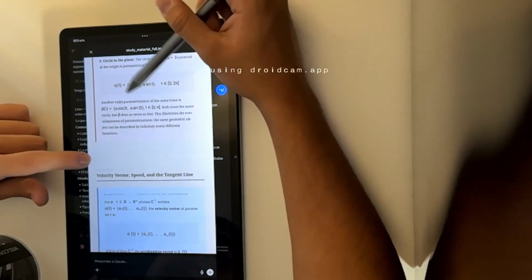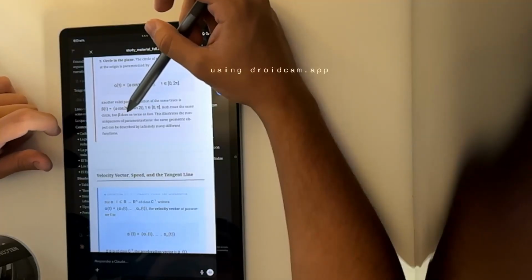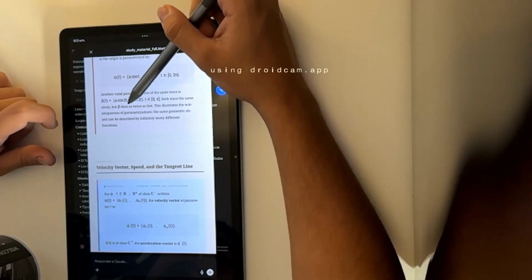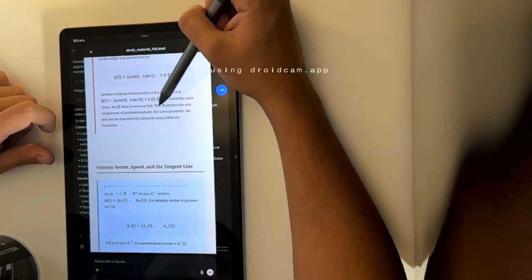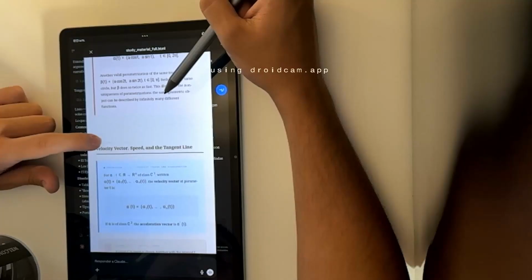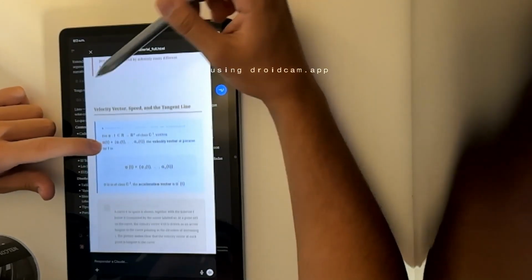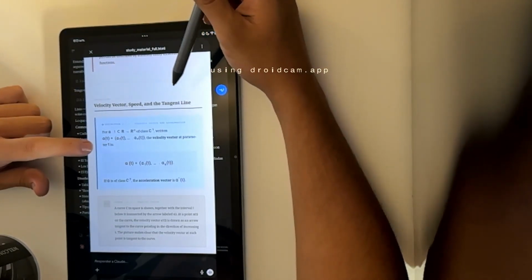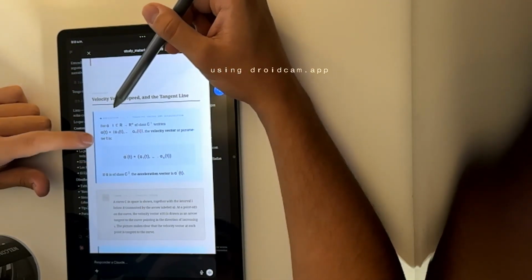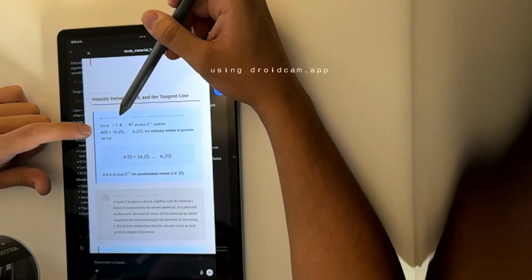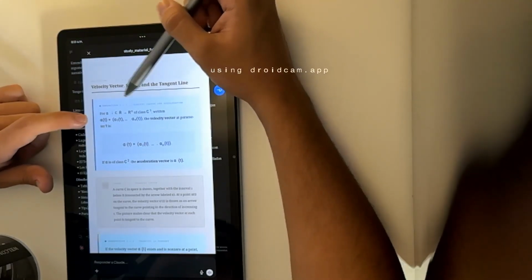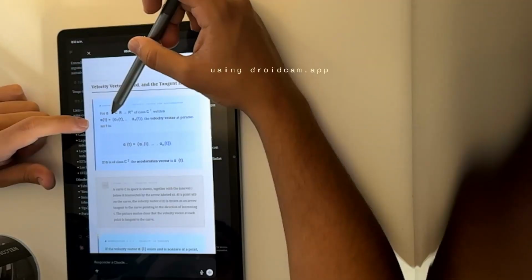would trace the same circle, but beta does so twice as fast. This illustrates the non-uniqueness of parametrization. The same geometric object can be described by infinitely many different functions. Velocity, speed, and the tangent line. For alpha from I, a subset of R, to Rn of class C1, written alpha of t equals alpha 1 of t,